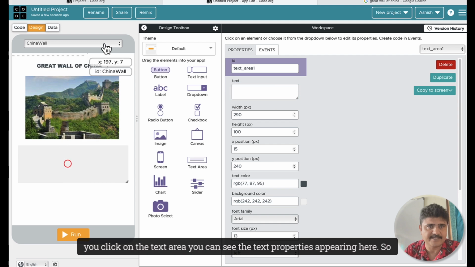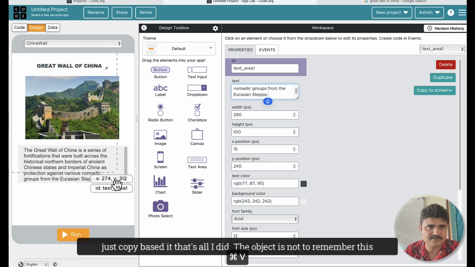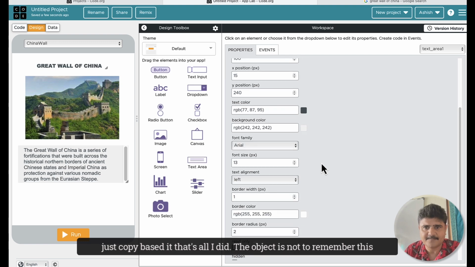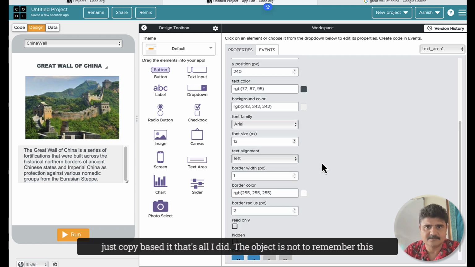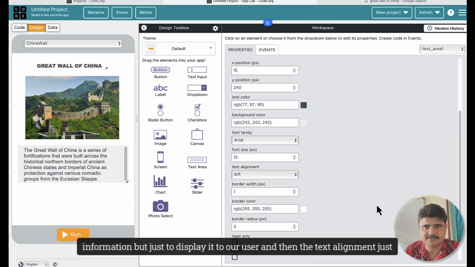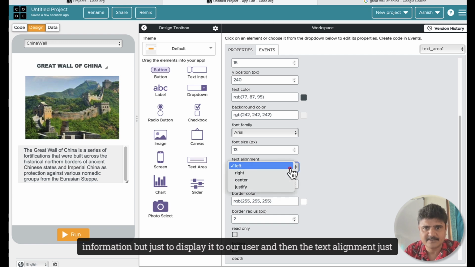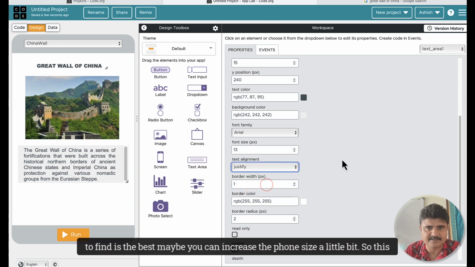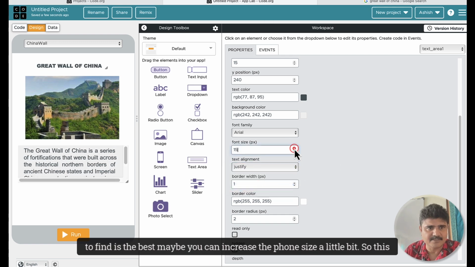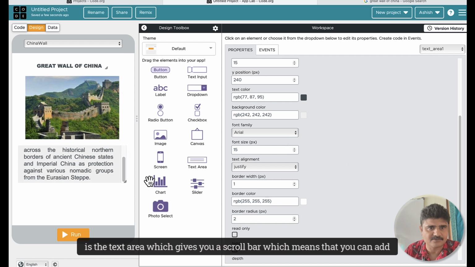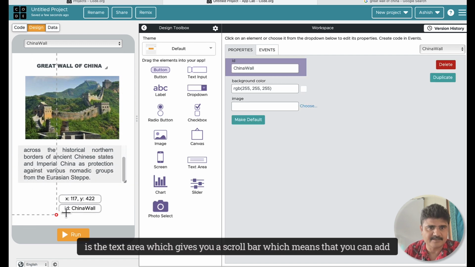Now when you click on the text area, you can see the text properties appearing here. So just copy paste it. That's all I did. The objective is not to remember this information but just to display it to our user. And then the text alignment justified is the best. Maybe you can increase the font size a little bit. So this is the text area which gives you a scroll bar, which means that you can add multi-line text